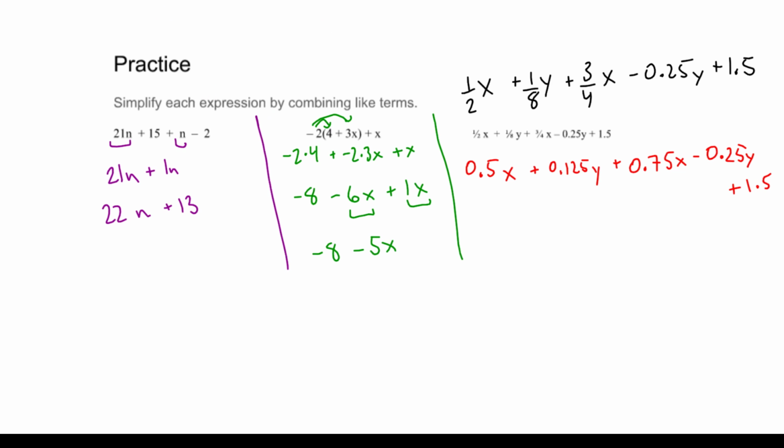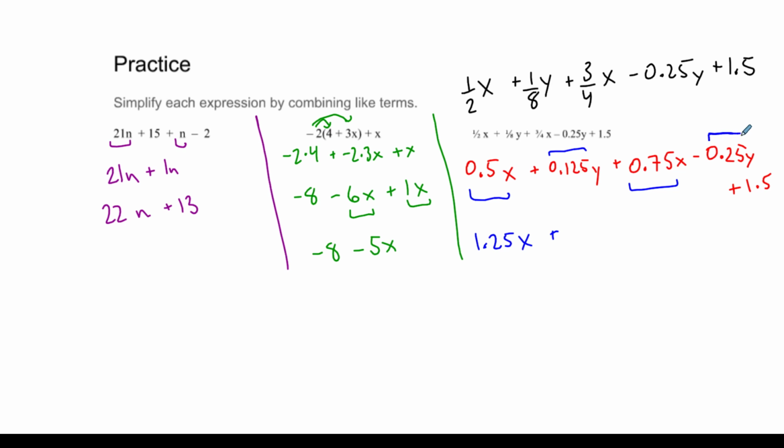All right, now that everything is in the same form, it's going to be a lot easier to combine. So let's see what we can do here. We have a 0.5x, we have a y, those won't go together. 0.75x, that'll go. So I have 0.5 plus 0.75, 1.25x plus, let's add the y's, 0.125